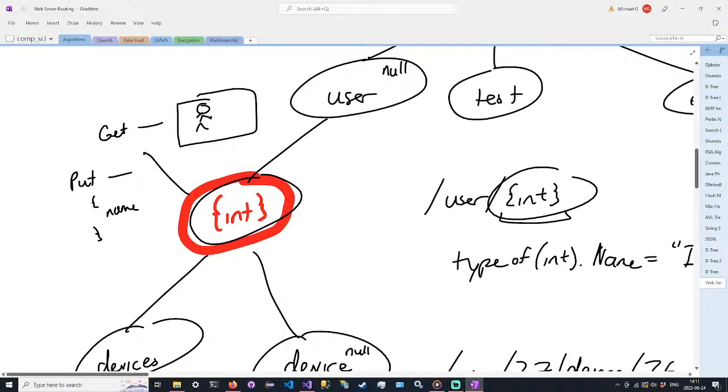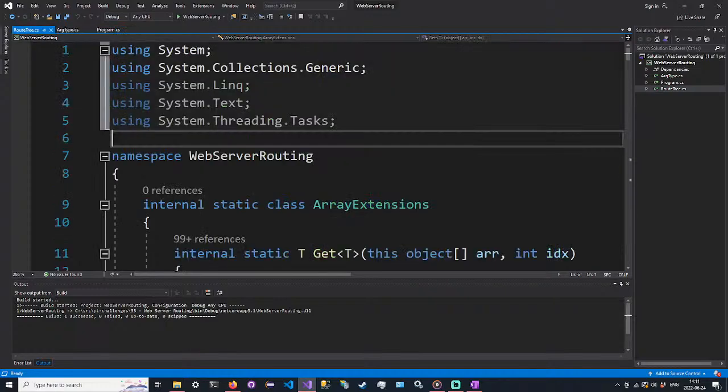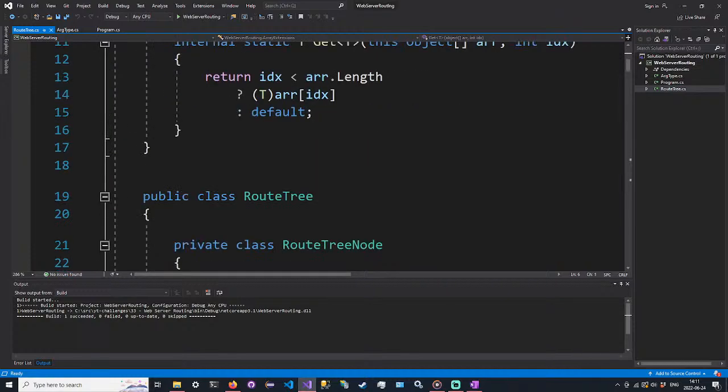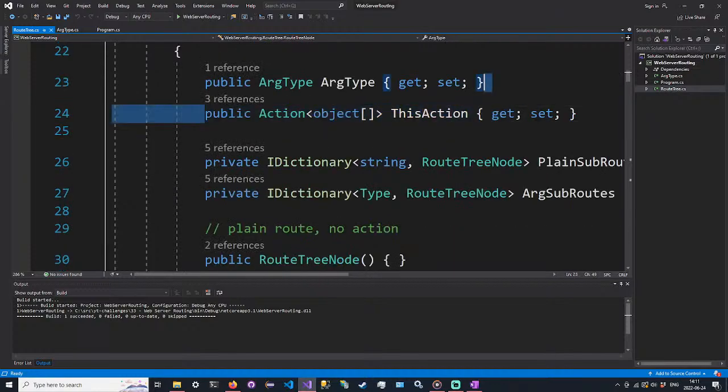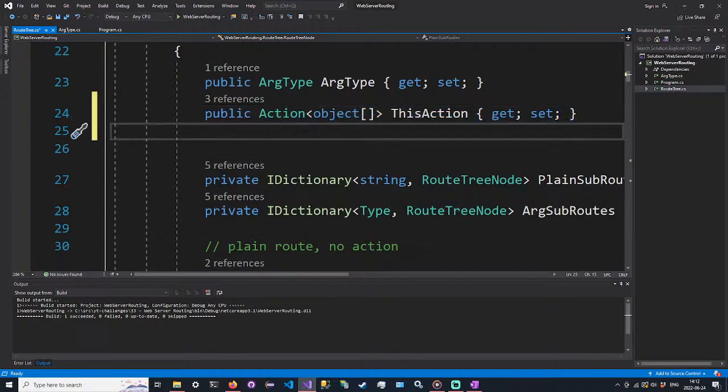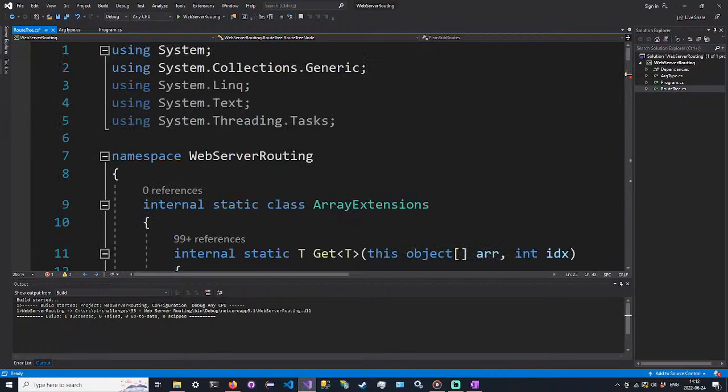So it's not going to be too big of a jump from what we already have, because all the functionality exists. So we just need to use it effectively. So we will start in route tree, and I will find my code, and we're going to go to the route tree node class. And as of now, we have just one thing here called action, but we're now going to extend this to be a dictionary. So it's going to be public, and it's going to be IDictionary, mapping an HTTP method, which we need to import. So it's going to be, if I remember this properly,